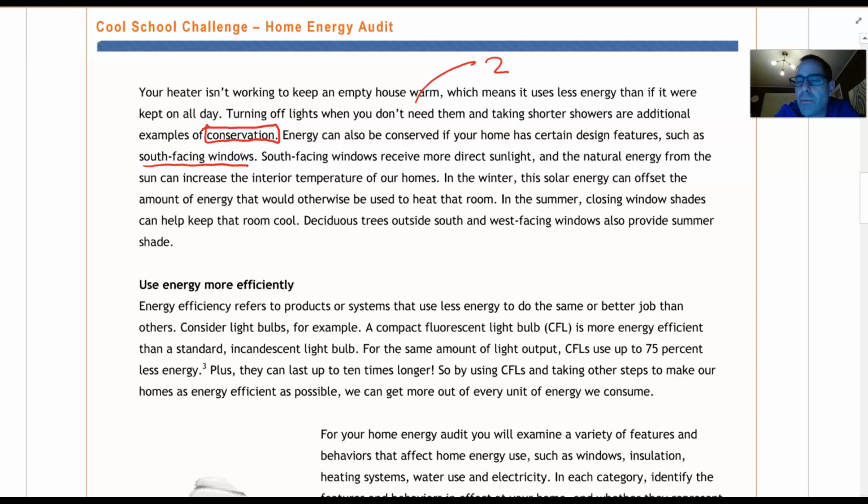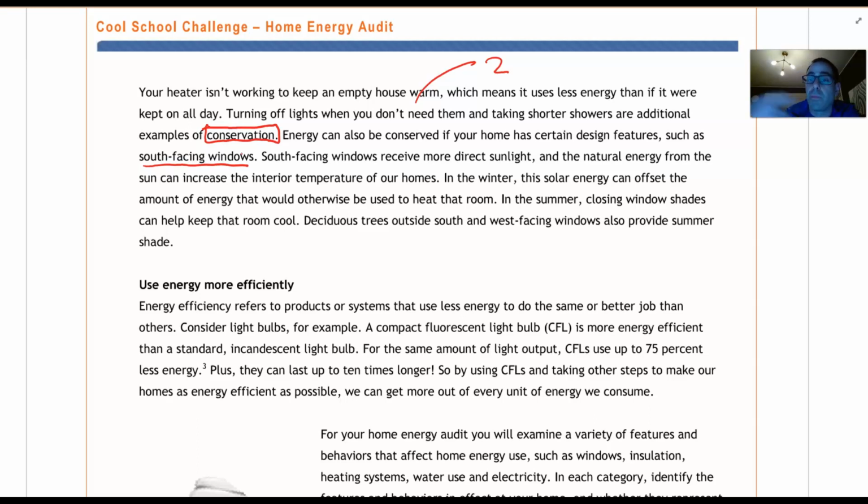I wonder why that would be. South-facing windows receive more direct sunlight. In northern Ontario, that's important. And the natural energy from the sun can increase the interior temperature of our homes. In the winter, the solar energy can offset the amount of energy that would otherwise be used to heat the